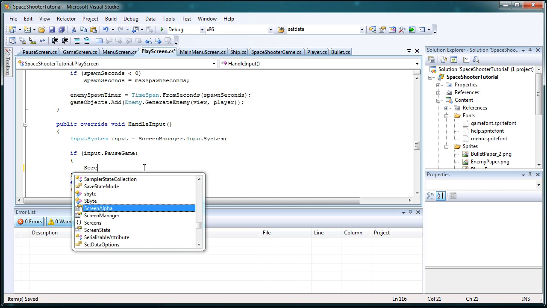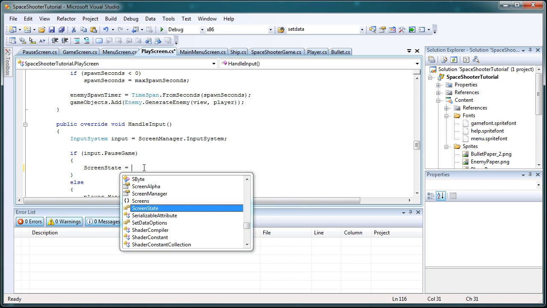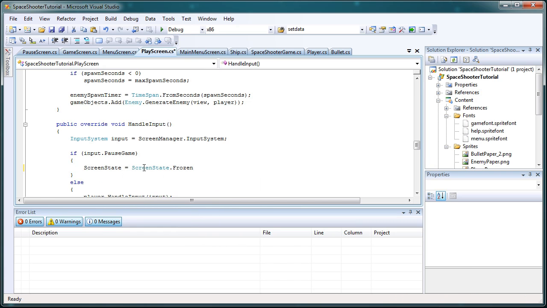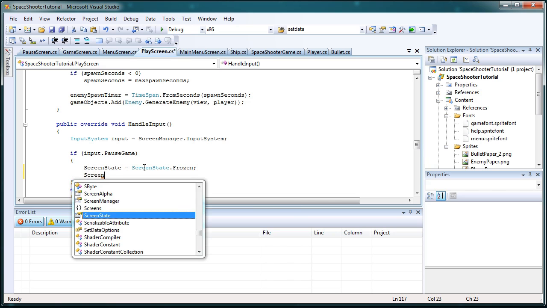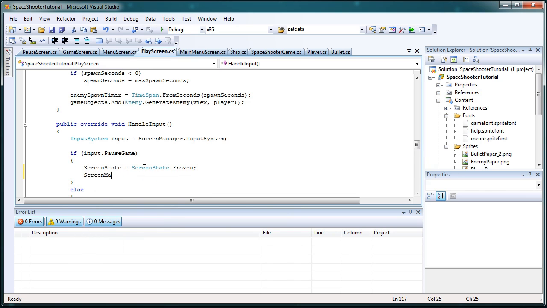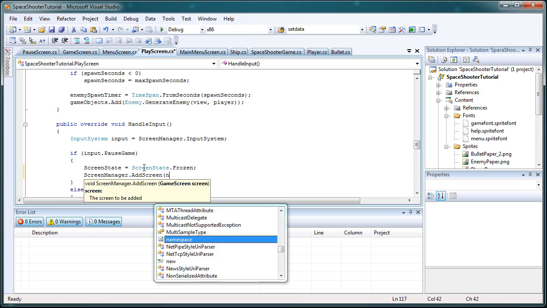And let's set the screen state equal to screen state.frozen. It'll still draw, but it cannot be updated. We want to freeze the screen before we do another screen on top of it. So here we're going to freeze the game. Then we're going to add screen manager to add screen new